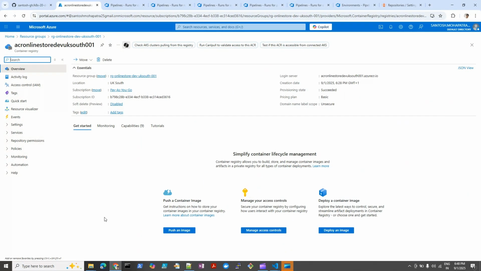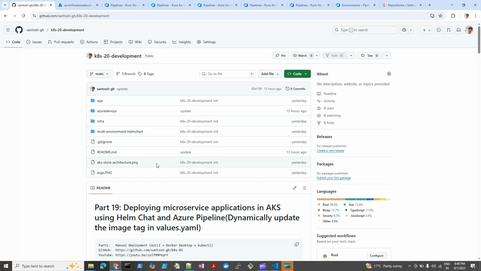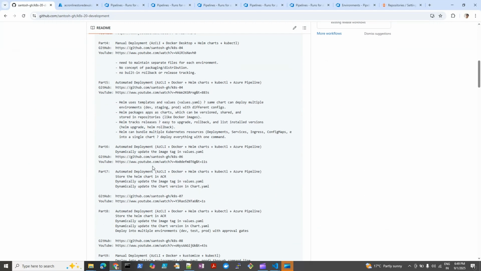Hello, welcome to Azure Kubernetes Deployment Series Part 20. In this series, we are going to learn how to deploy microservices into multiple environments using Azure, using Argo CD and Helm chart. In our previous lab, we have already discussed how to deploy using Argo CD and Helm chart